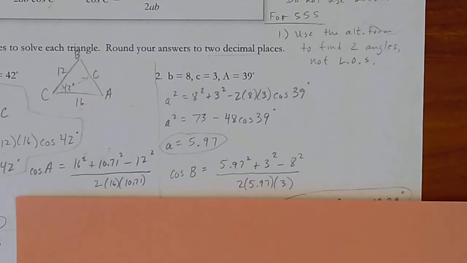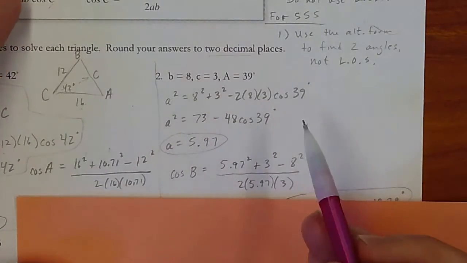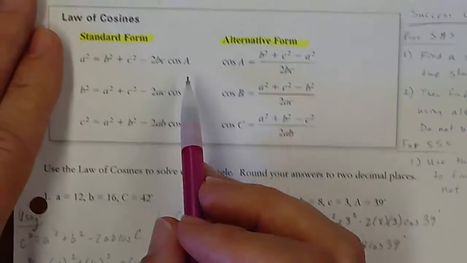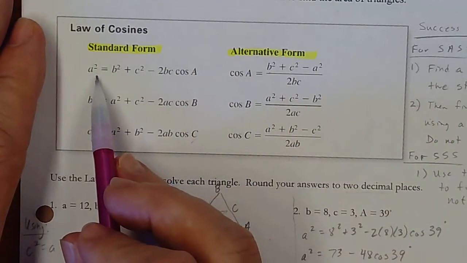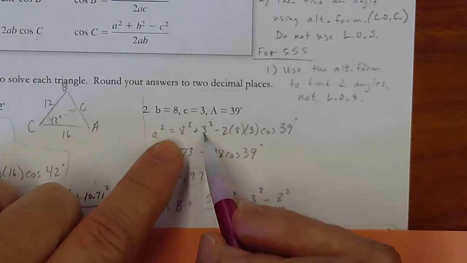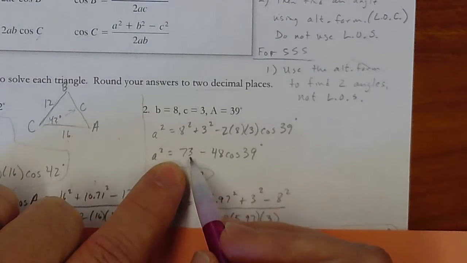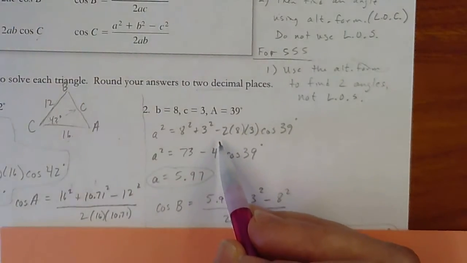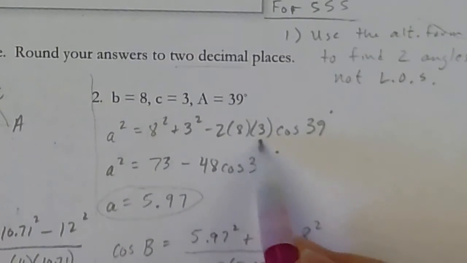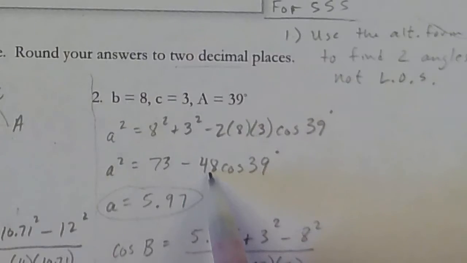Okay, so we start by finding the side opposite the angle that we're given. So if we're given 39 degrees, we can express this in terms of side A. So it's A squared equals, square the other 2 sides and add them together to get 73, minus 2 times the product of those 2 same sides. Okay, so that's 24. 8 times 3, double it, 48. All right, and then we got to take the square root of that,